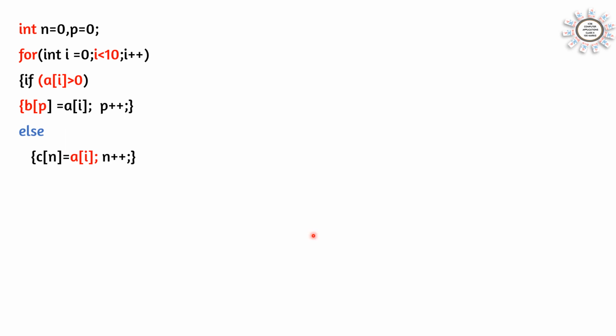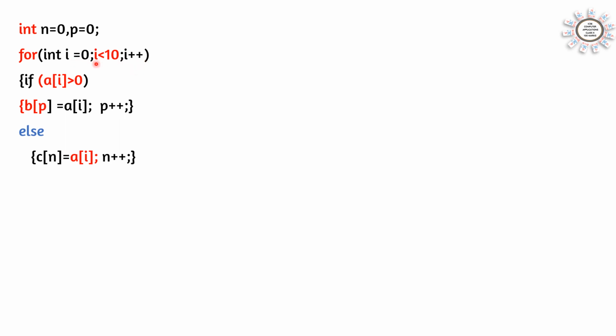So here we have taken 2 variables, n and p. n for counting the number of negative numbers and p for counting the number of positive numbers. Starting both of them at 0, because till now we haven't got any positive number or any negative number. Now one by one we can check the array and find the positive and negative numbers.